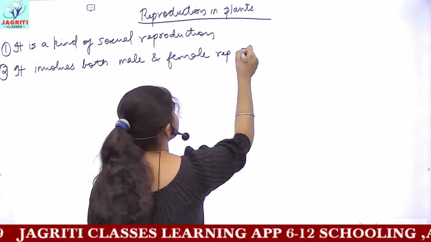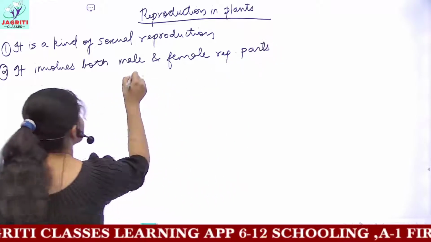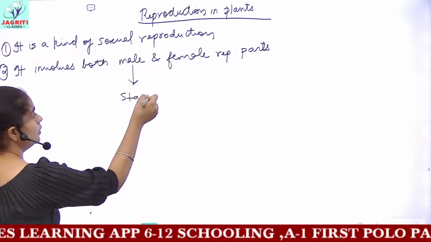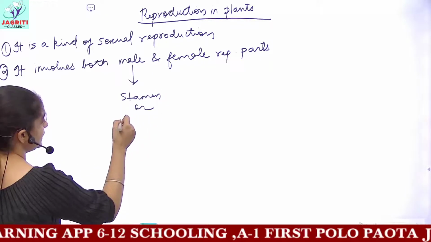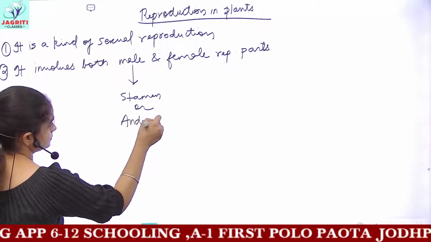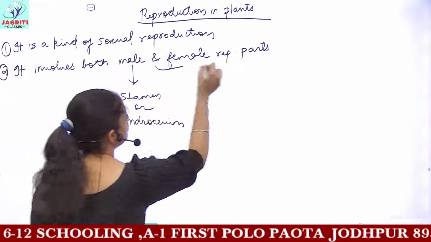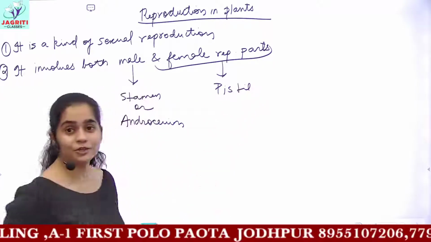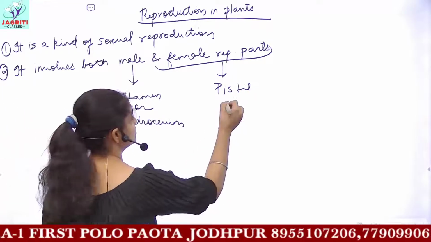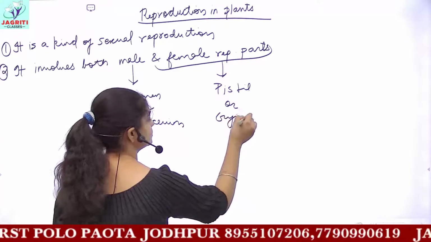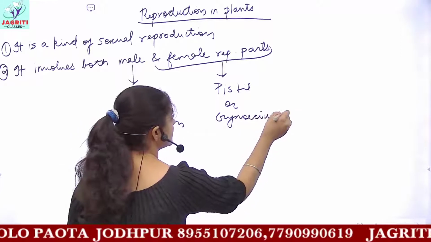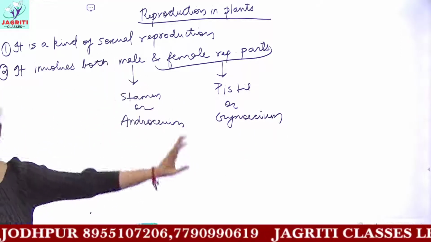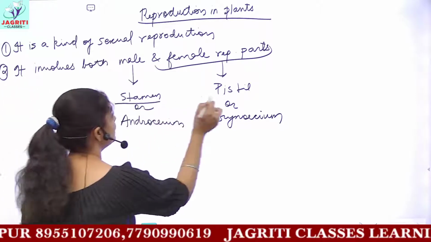reproductive parts. And as we discussed earlier, this male reproductive part is known as stamen, or you can also call it androecium, and the female reproductive part is called pistil. The other name given to the pistil is gynoecium. So whenever this kind of reproduction involves both the male and female reproductive part, that is your stamen and pistil,